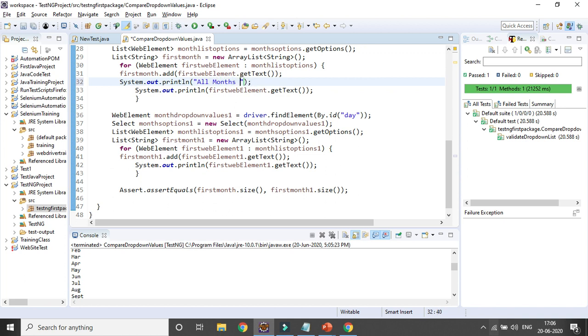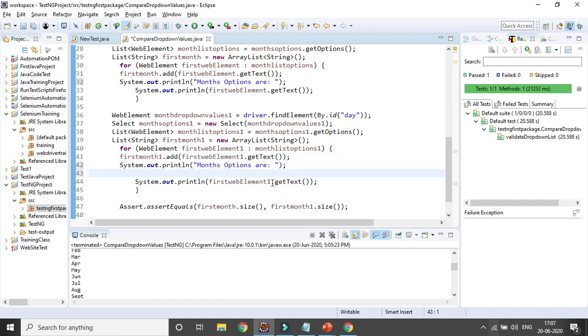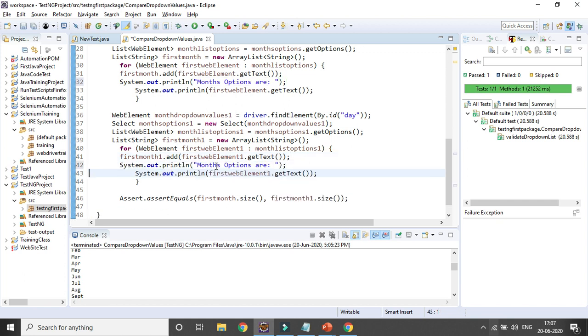Month options are displayed like that. And here, before displaying the day options, I want to provide the output as days option, okay? So it will display all the month options as the output, and it will display all the days option